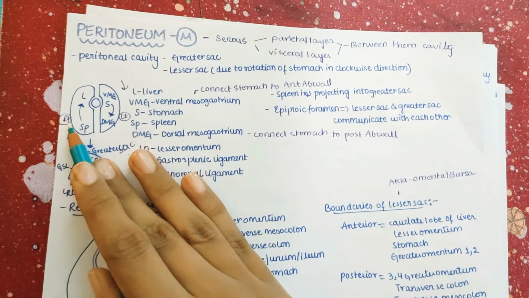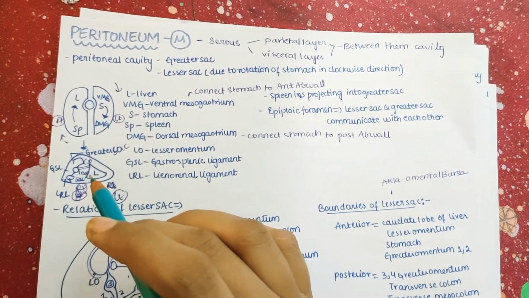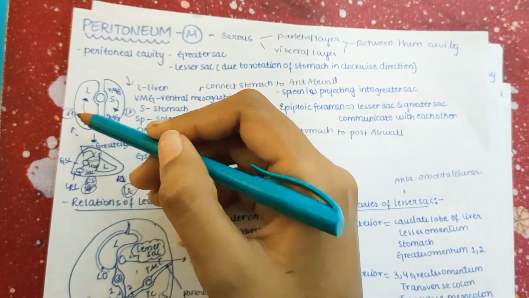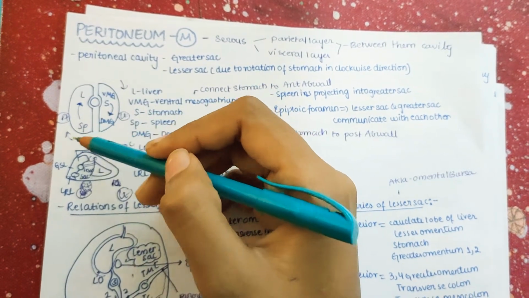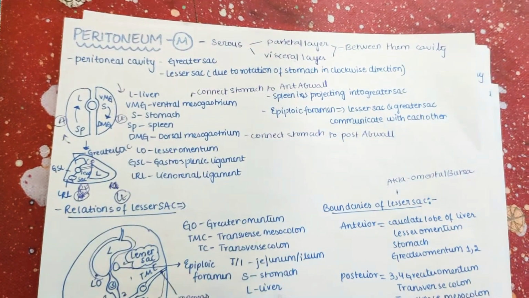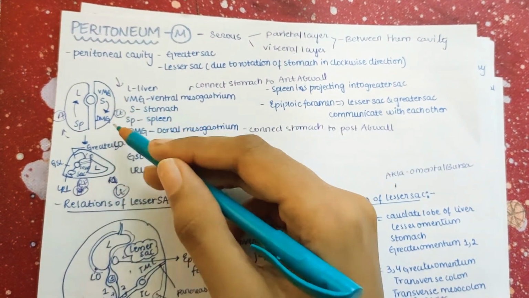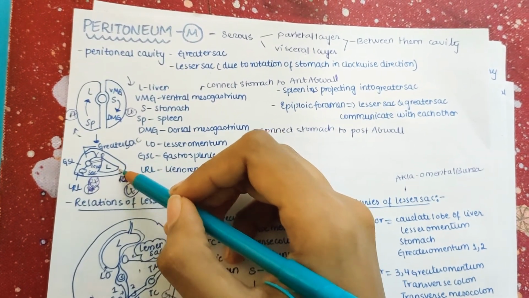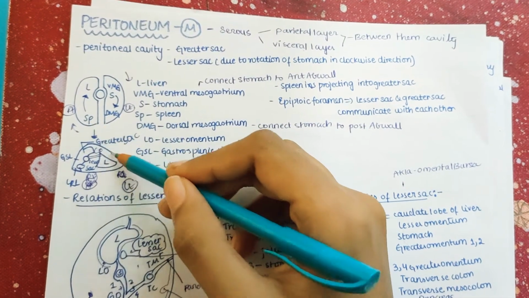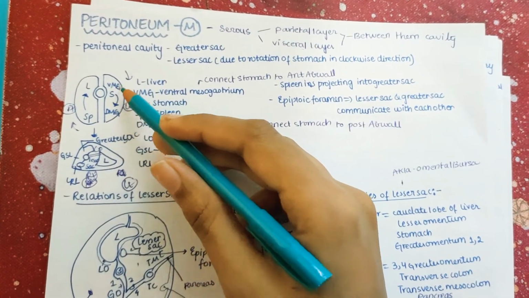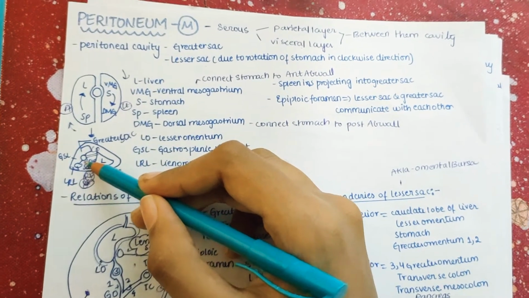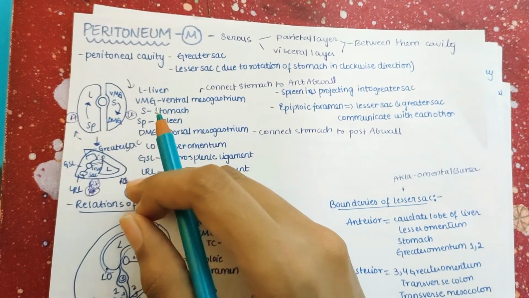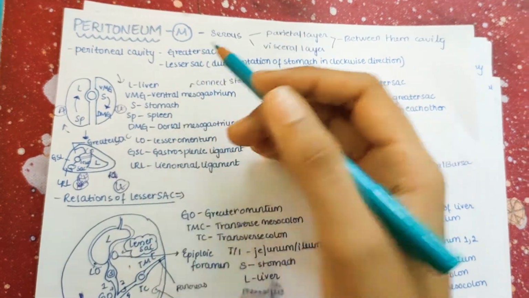First, before the original adult abdomen, during development, on the right side there is a liver and spleen, but on the left side there is the stomach, ventral mesogastrium and dorsal mesogastrium. After the rotation, the liver has come to the left side and even the spleen has come to the left side, and the stomach, dorsal and ventral mesogastrium have moved towards the right side. This is a clockwise direction, and because of this, there is formation of the lesser sac.